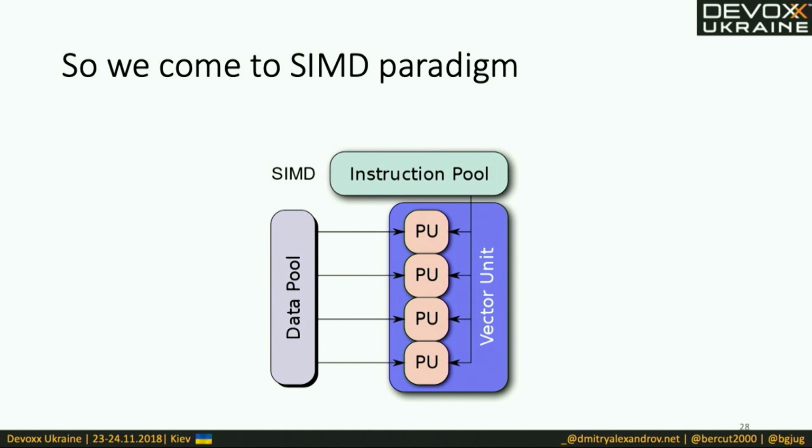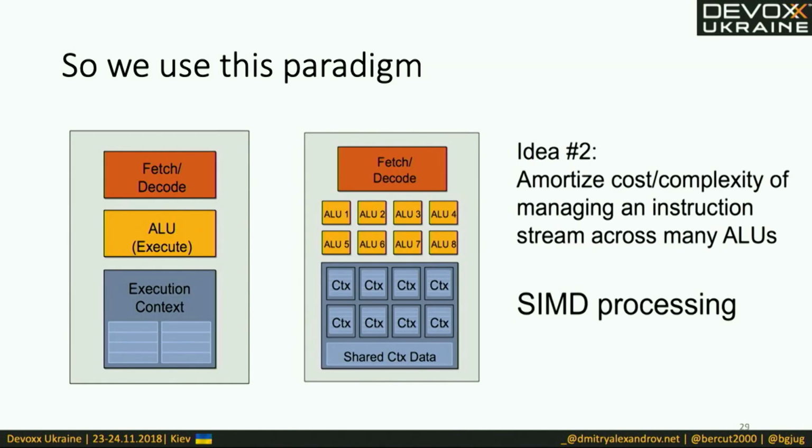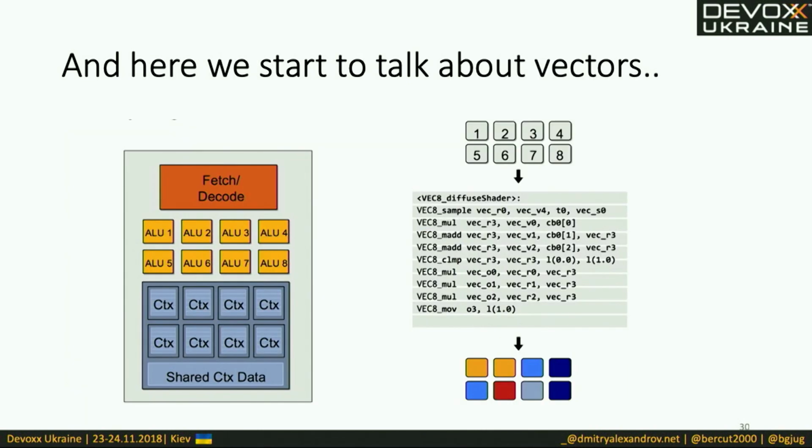The idea of SIMD is that you have an instruction and you apply it to multiple data, and it just accelerates. So in one tact, you do multiple processings. If we combine these two ideas, we can make our processor even simpler, because then we have only one fetch-decode block, a lot of arithmetic logic units, sorry for that, and some contexts. As I told you, with the SIMD paradigm, we can take a bunch of pixels, apply some instructions to them, and receive a result, another bunch of pixels.